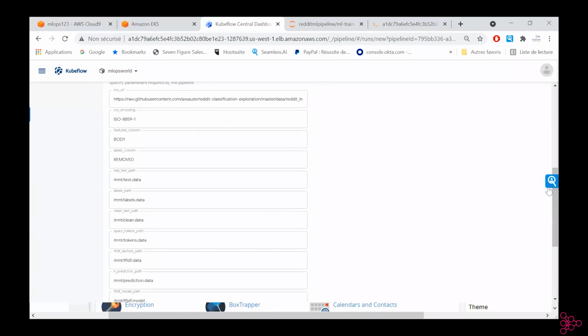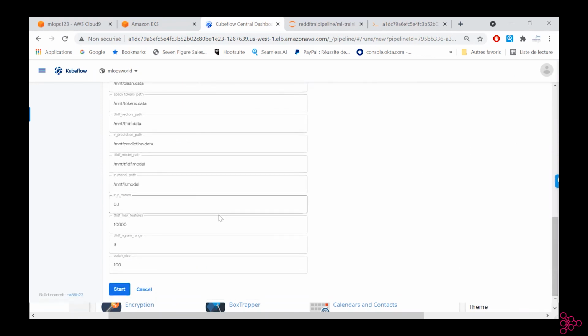For example, this pipeline is good for this use case, and I could reuse it with another data set just by modifying, for example, the input CSV or other parameters that can be performed. So let's start the run and cross fingers.